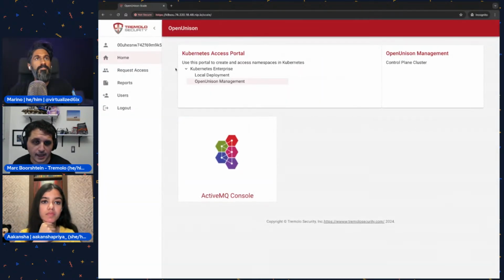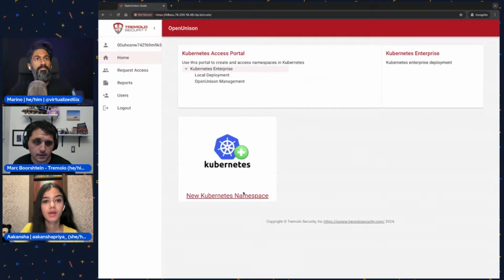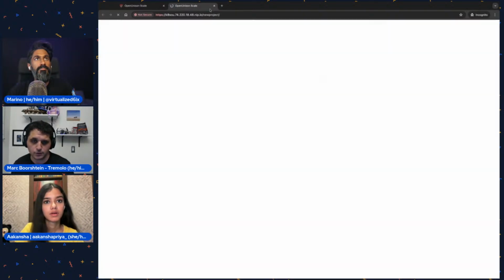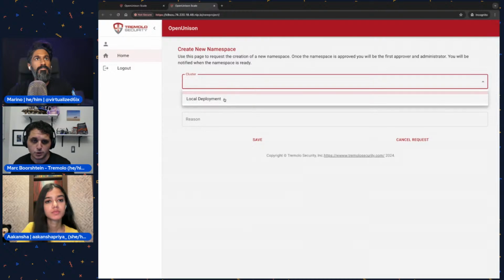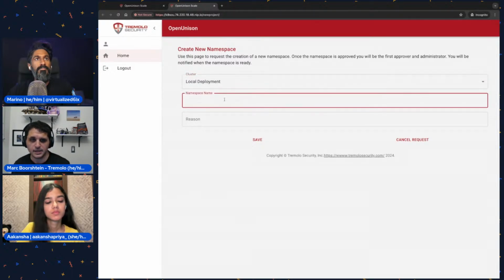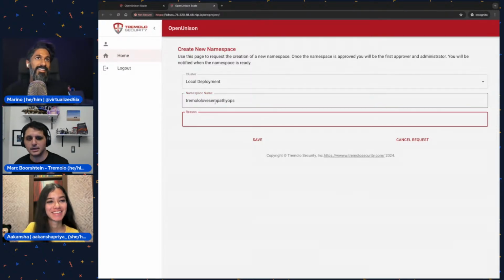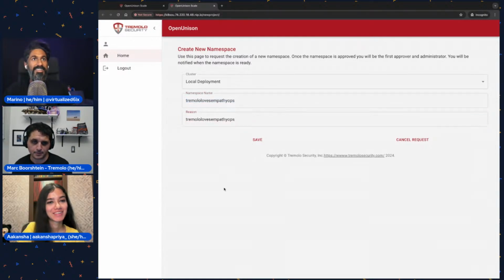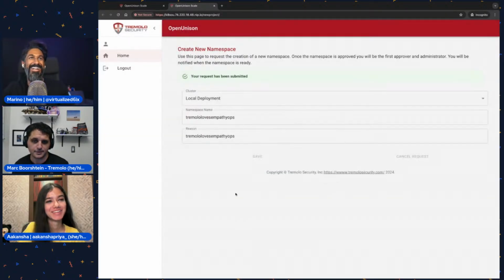So let's go ahead and click on Create New Kubernetes Namespace. So choose your cluster, a local deployment, give your namespace a name. And you need a reason, right? We got to keep the auditors happy. There we go. Okay. So now if we had real email set up, Marino would be getting an email right now saying, hey, somebody's asked for a new namespace. So go close this tab